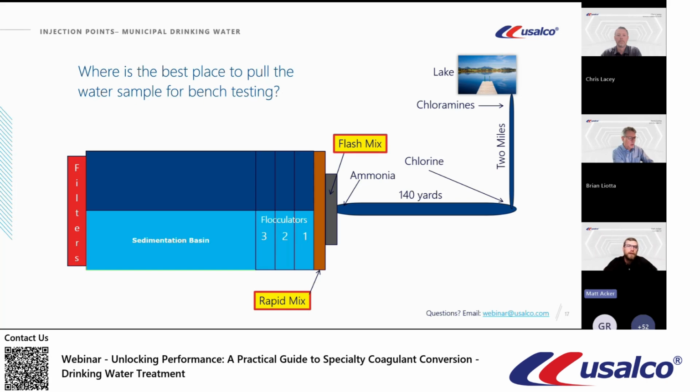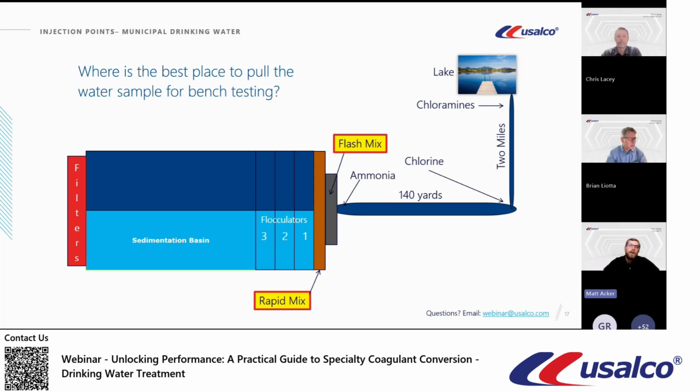So maybe right there at the entrance of your flash mix, possibly where your coagulant is being injected. And additionally, if there's any chemistries active ahead of the coagulant injection point, they must be included in that water